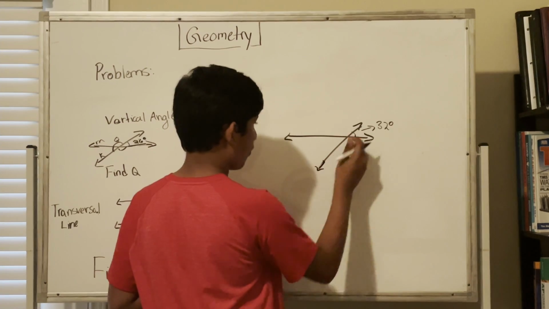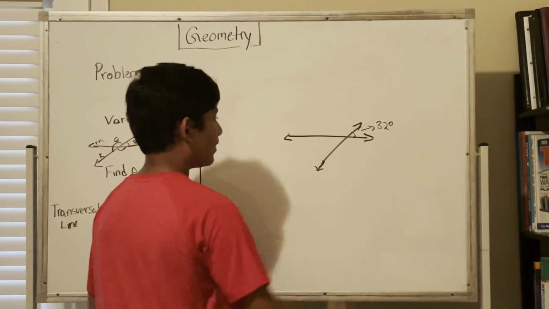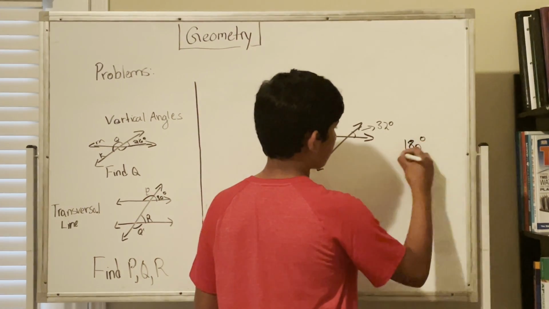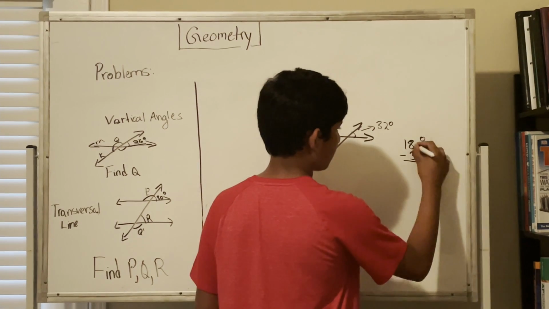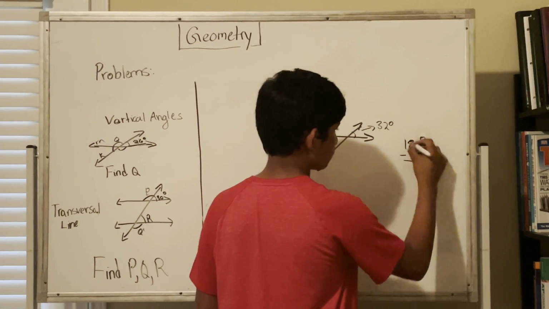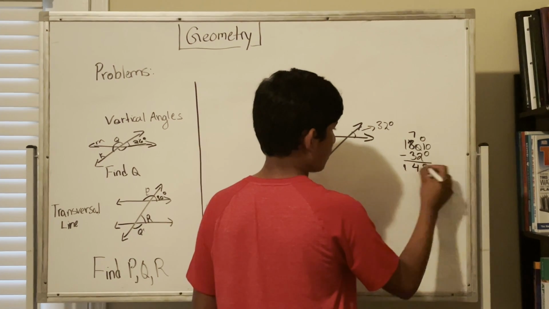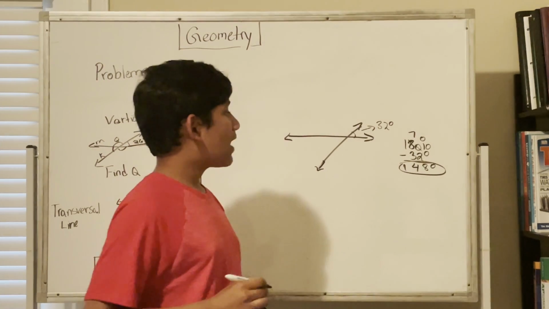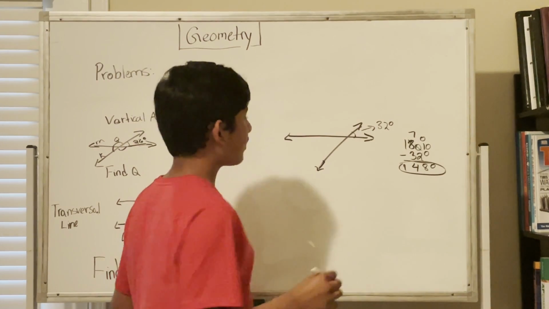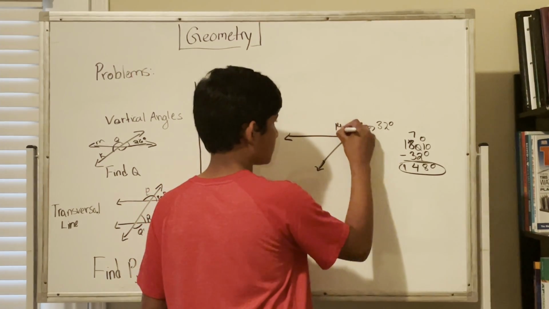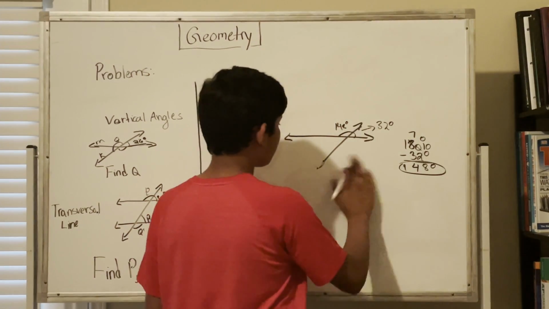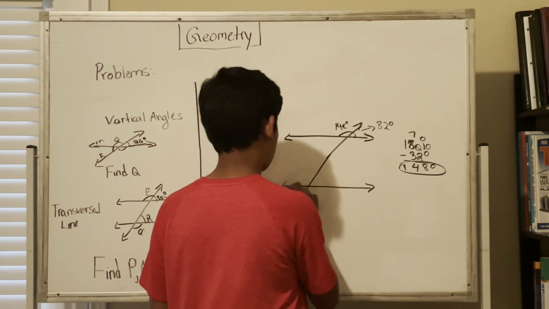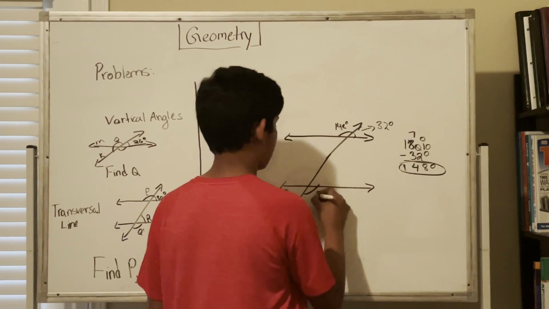that we are only dealing with this line, then let's find the supplement of 32 degrees. Well, 180 degrees minus 32 degrees is 148 degrees. Okay, since we have 148 degrees, then we can realize that this is 148 degrees. Now, let's extend the line again and try to find this angle, P.